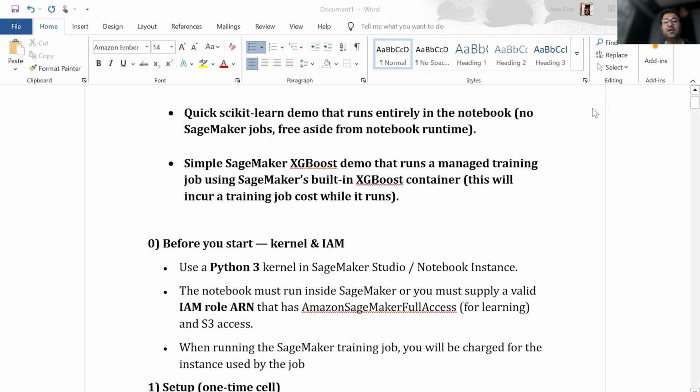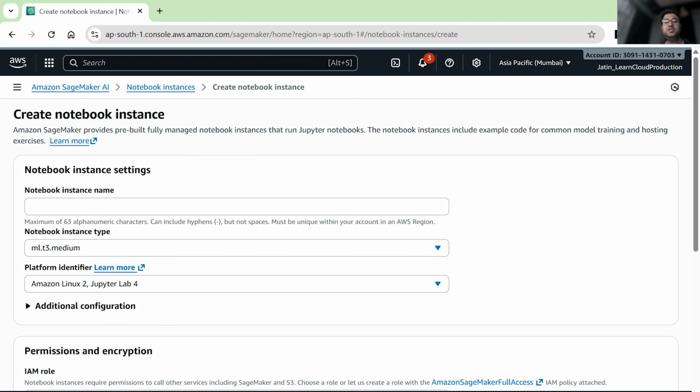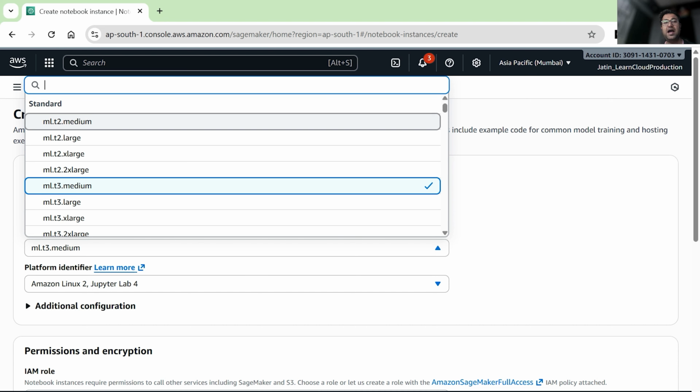So first thing, what we are going to do, we will be launching a notebook instance. Now I have already launched a notebook instance in my account just to save time, but I will be giving you a quick walkthrough how to launch a notebook instance. Click on create notebook instance and your journey starts here. You have to provide the details, let's say notebook instance name, any name you want to provide, notebook instance type, whatever you want to choose. I have chosen